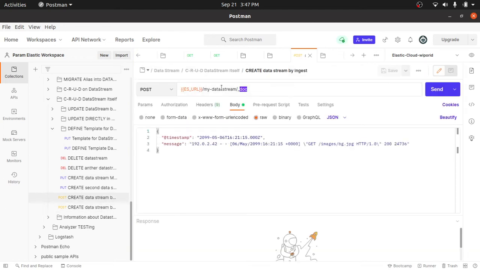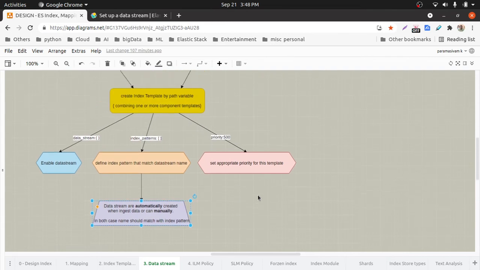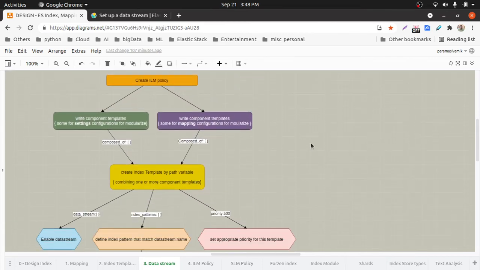So here you can see, I am pushing some data for the first time, so at that time it will create the data stream automatically. So data streams can be created either manually or automatically, but these are the prerequisites. ILM is a very important one, of course, as you know it will move the backing indexes to different data tiers. So the ILM policy, then one or more component templates,